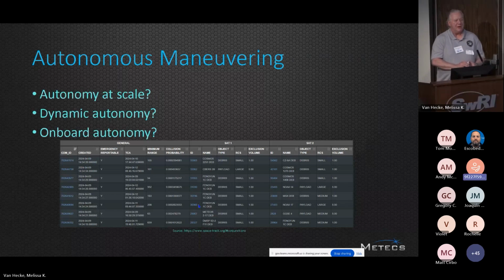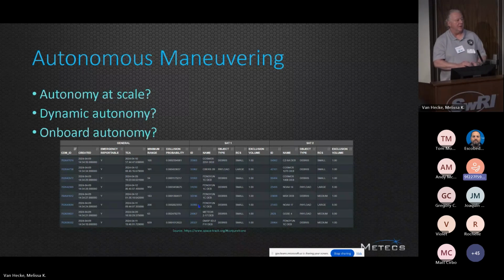But the real question is, where does that autonomy lie? Are they doing orbit propagation on their satellite and calculating conjunction events? Maybe not. Are they doing conjunction analysis on the ground and then uploading and then letting the satellites autonomously fire? Possibly, probably, in fact. And if somebody here knows the answer, I'd love to see that in the chat. But the idea here is 24,000 of anything is a big number. And it seems extremely unlikely that a human can be involved in every single one of those. So when they say autonomous, they truly do mean, I have to believe, autonomous in most circumstances.